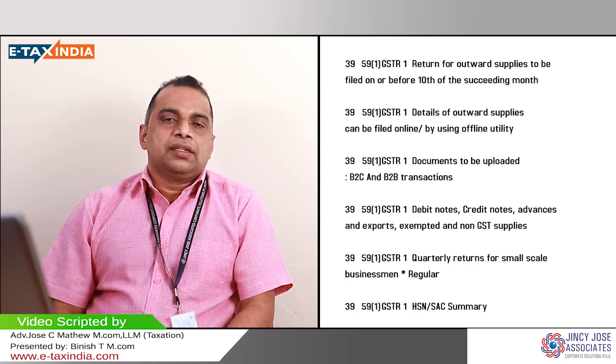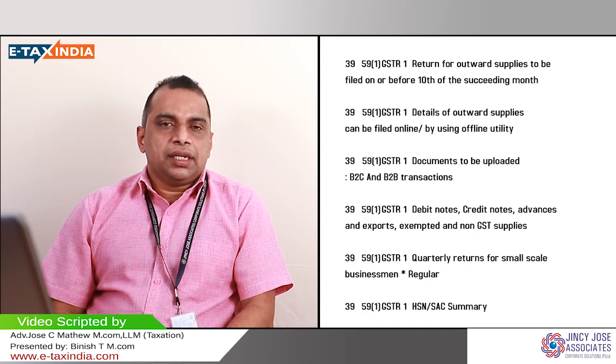via bank. As mentioned earlier, in the payment of tax, the mode of payments, you can make the payment either through a bank account or by cash over the counter up to rupees 10,000, or you can use NEFT or RTGS facility. Like that, you can make the payment of your tax. So the primary returns related with a regular taxpayer are GSTR 1 and GSTR 3B.